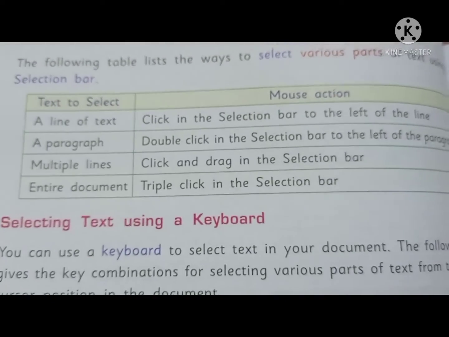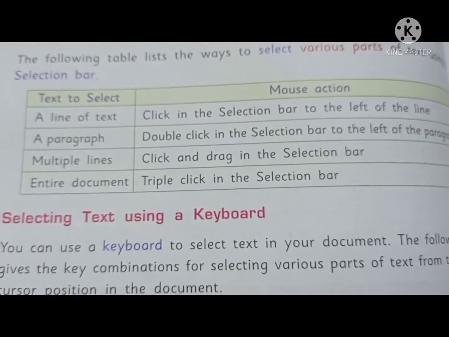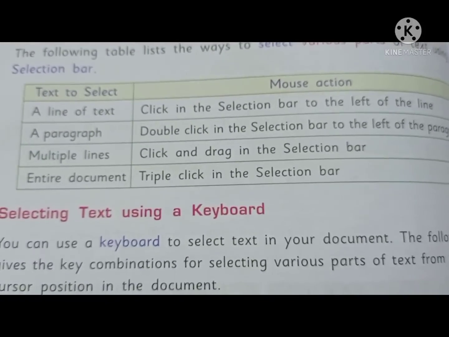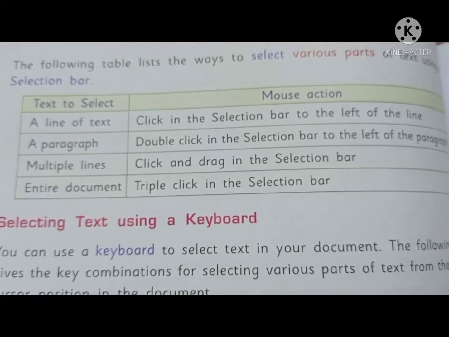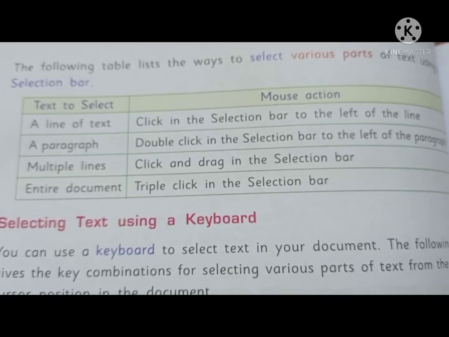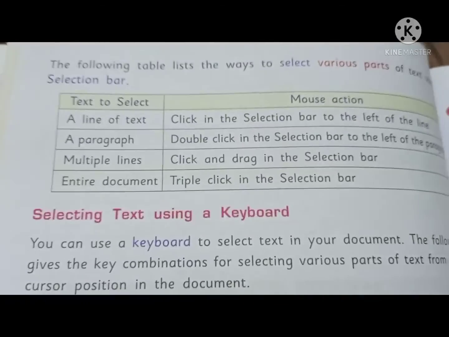Okay, if you want to select a paragraph, double click the selection bar to the left of the paragraph. If you want to select multiple lines, click and drag the selection bar. If you want to select the entire document, triple click the selection bar. Okay, then if you want to select